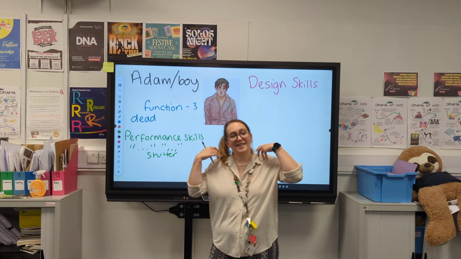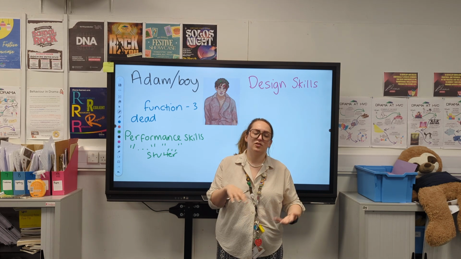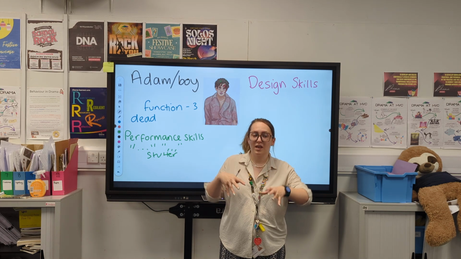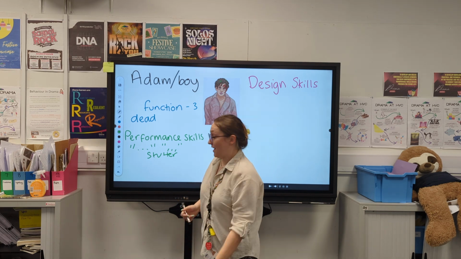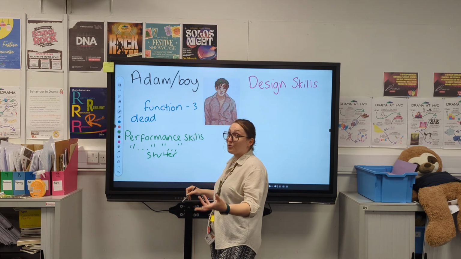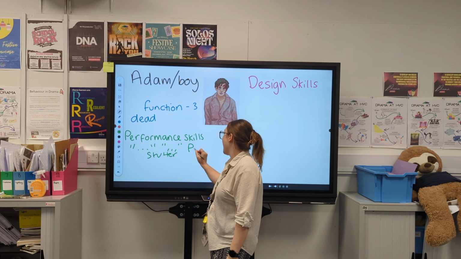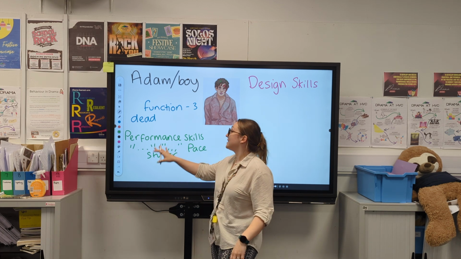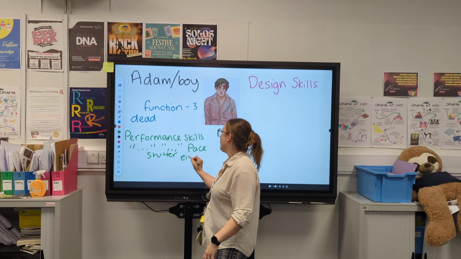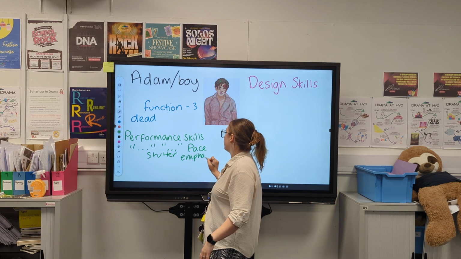And it's showing that he's thinking about what he's saying and he's trying to find the right words. So as an actor, or directing an actor, if we're talking about a vocal skill, you want to play around with pace, how fast or slow they are talking. You want to exaggerate this stutter, put emphasis